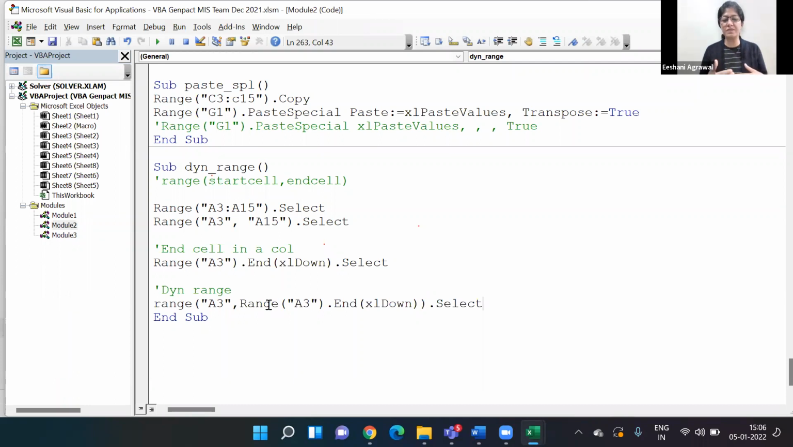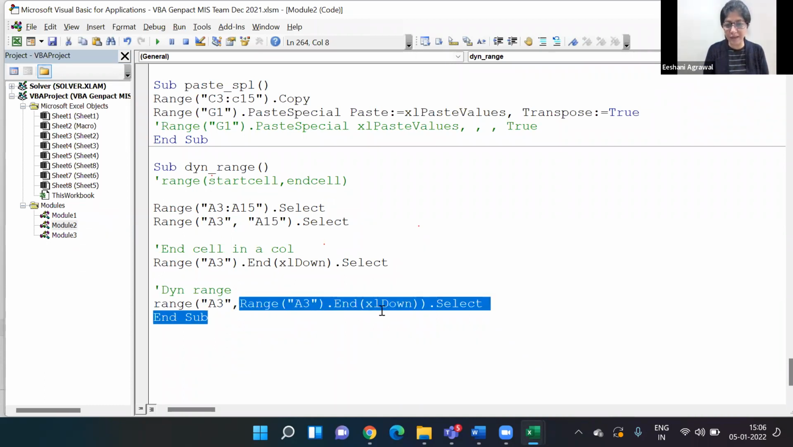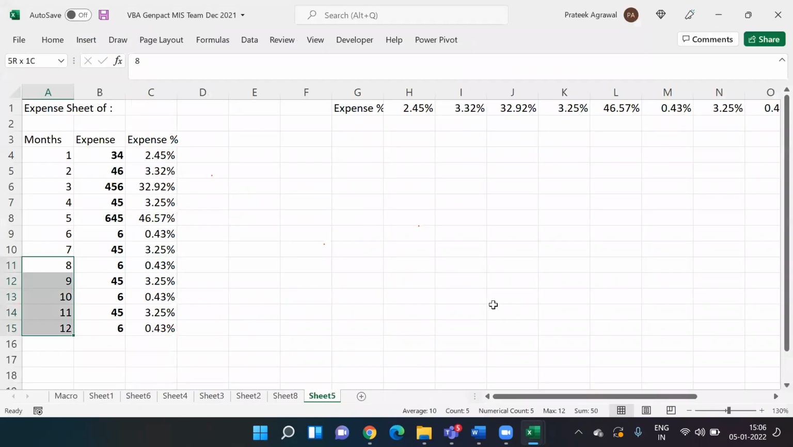Trust me, you will do this day in and day out. Dot end, a lot of dot End(xlDown), xlUp, we do a lot of these things in our code. So this is my start cell, this is my end cell, and dot select. So as a result of it, let's say if I change the